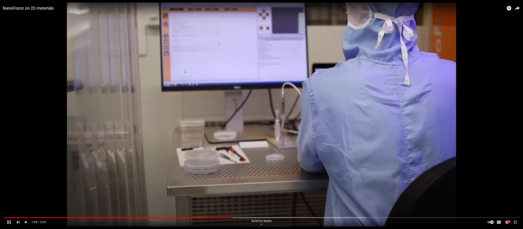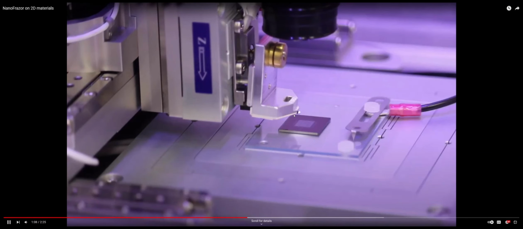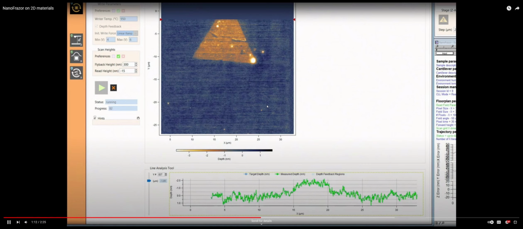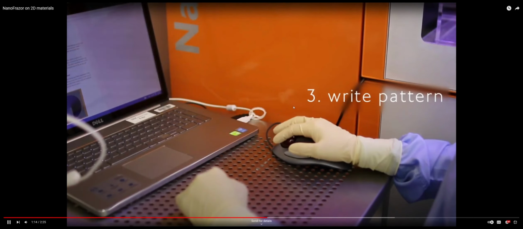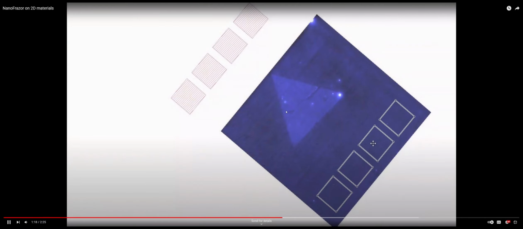In this case, we have a Nanofraser Explorer showing in the video. The user is now putting the cantilever close to the surface, and now we are doing this reading procedure where we see the flake of 2D material being read. So we are identifying its position, and in this case we're not doing any lithography or surface modification, just reading the surface in contact mode.